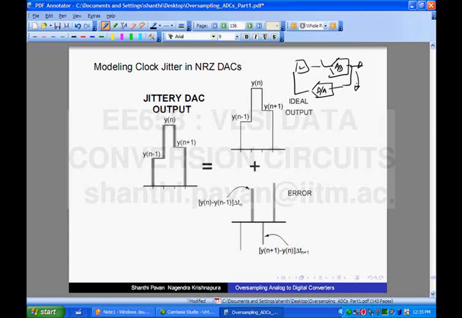Because the output of the modulator is basically the input times the signal transfer function plus shaped noise times quantization noise, right? Whatever, NTF times the quantization noise. Okay, so if the out of band gain is high, it basically means that the NTF has got a lot of gain at pi, which basically means that the quantization noise is getting selectively more amplified. High frequency quantization noise is getting more amplified, so the jumps will be much larger. Okay, so